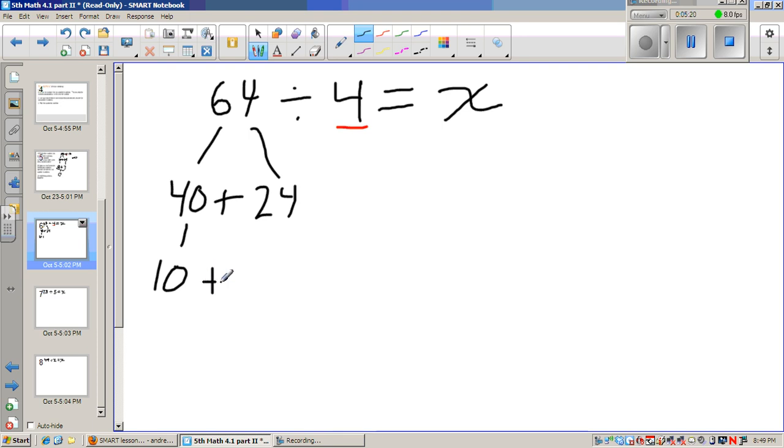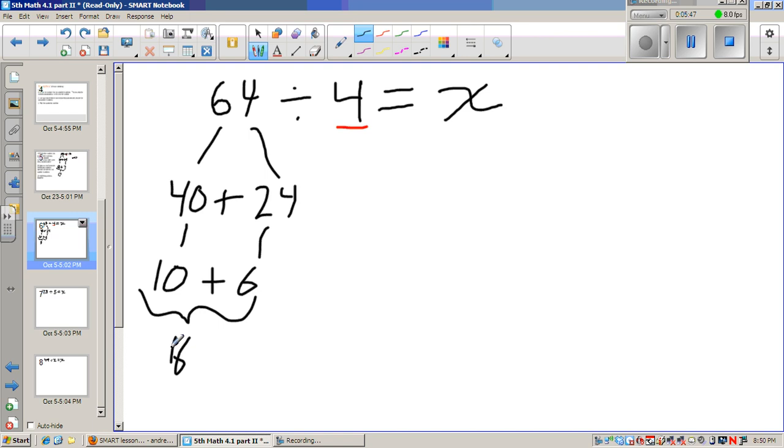The second one, I have to know my multiplication facts, but I do know that 6 times 4 is 24. So 24 divided by 4 equals 6. And 10 plus 6 equals,